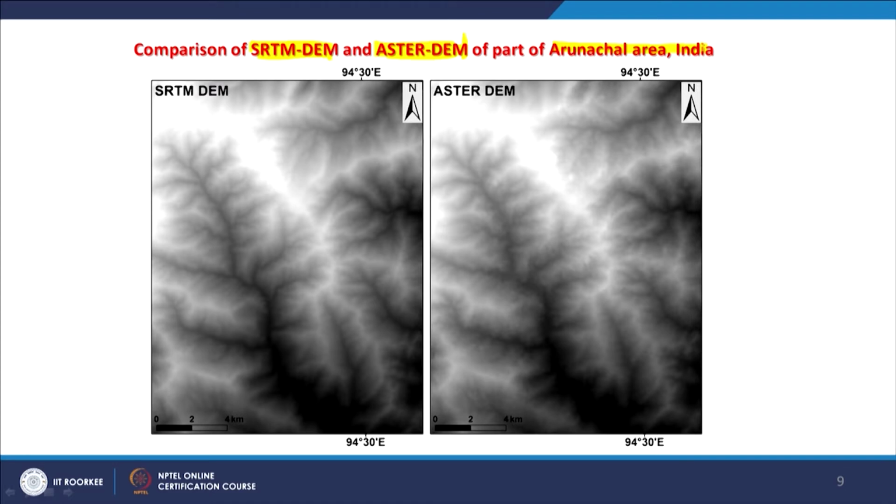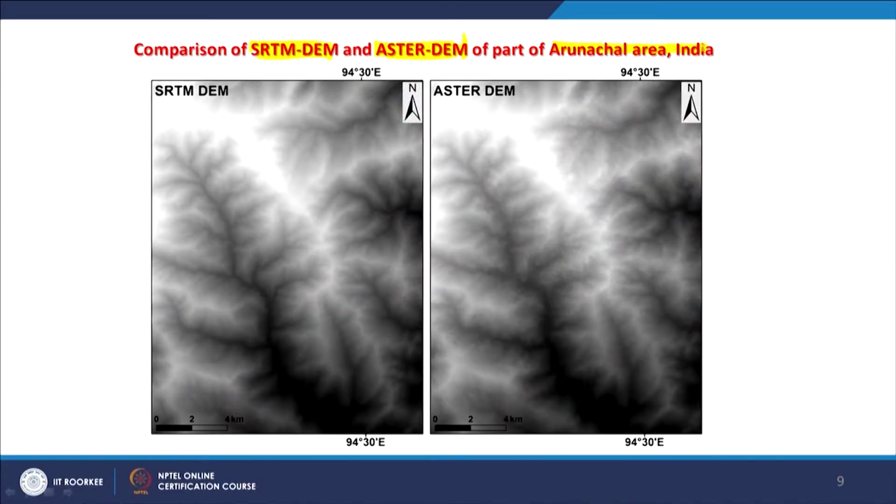But if it were a highly hilly terrain like the Western Himalaya, with snow covered or glacier areas, then the SRTM DEM may not give you very good results because of the problem with absorption of energy, dielectric constant and other things related to radar remote sensing.